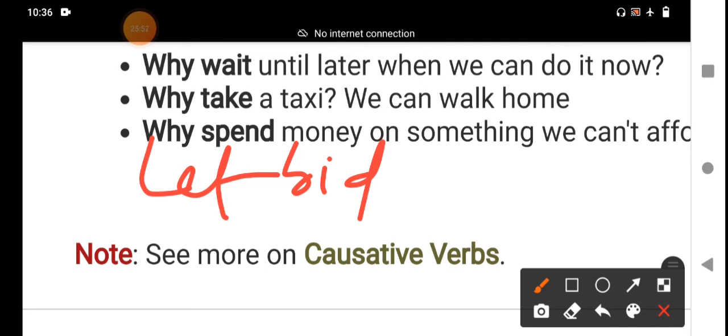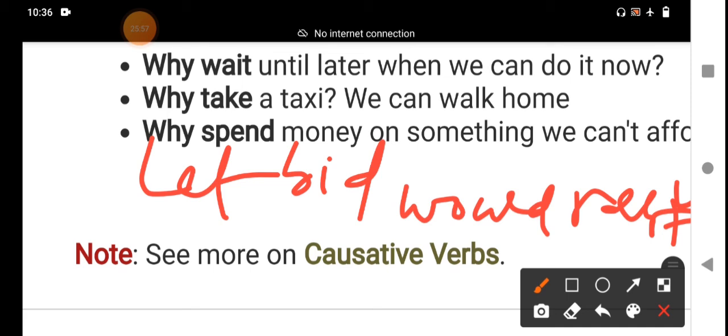One of the structures, would rather plus V1. The would rather structure takes the bare infinitive. He would rather play than work. You had better, already discussed, better plus V1. You had better ask his permission. I would rather die than surrender. You must obey my instructions. He can speak five languages. He should come to school in time. For example, modal auxiliaries. I made him do it. I bade him do it.